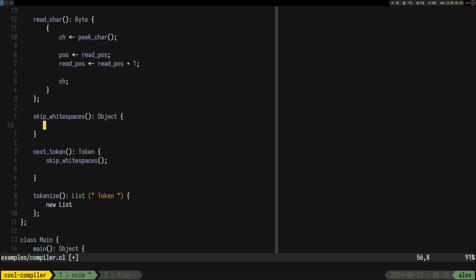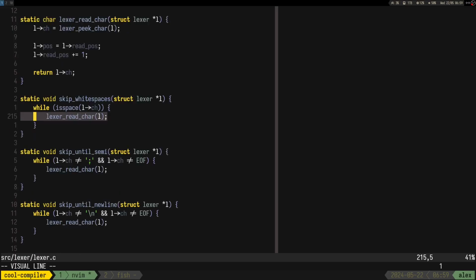Well, we can add it. So while ch is space, right? Who said we cannot do this function on the byte? I mean, we can.